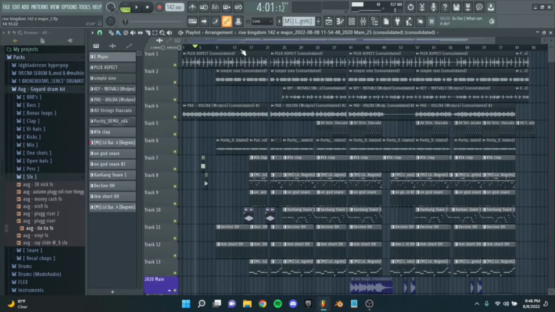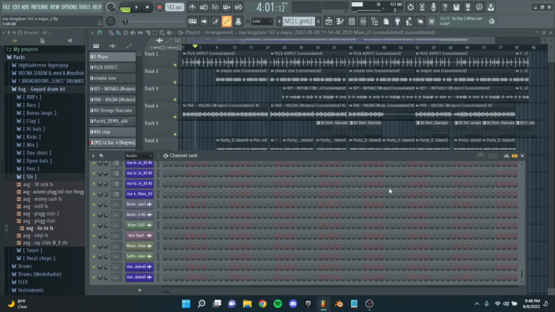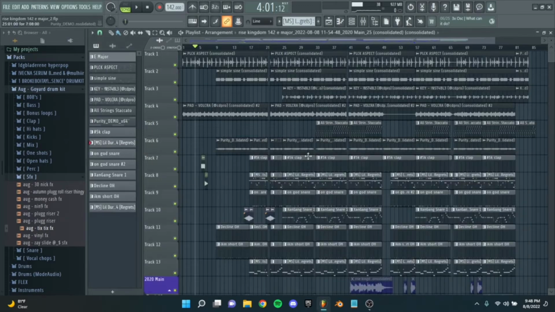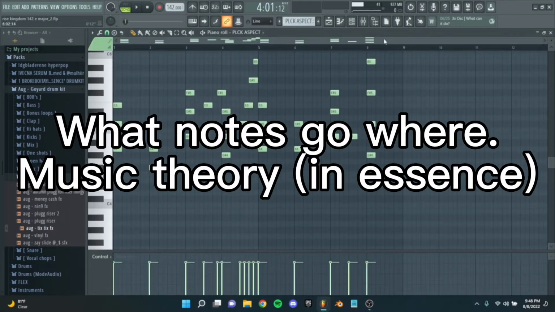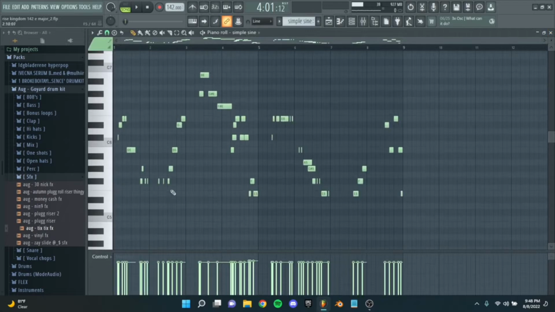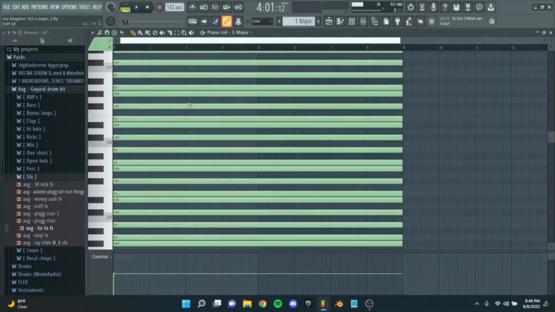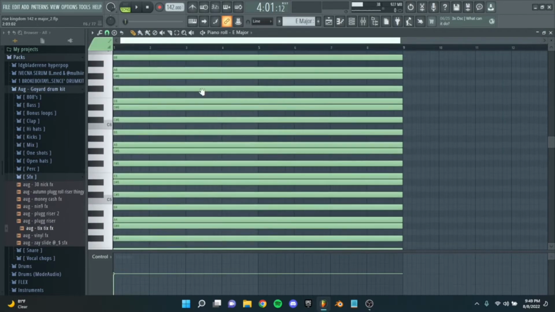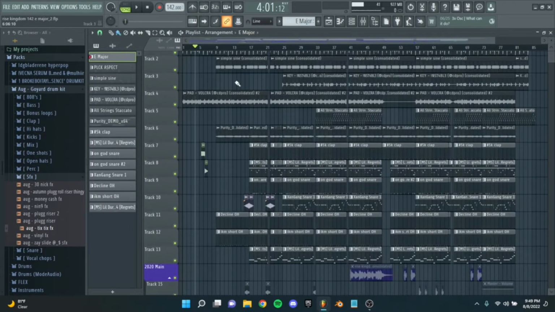Understand the timing of certain things, especially where you put the claps and hi-hats, all the simple stuff, like understanding what notes to put where, understanding what's going to work and what won't, knowing some music theory. Or even if you don't, I don't know the scales by heart, so I use scales that I put in my MIDI and use ghost notes.